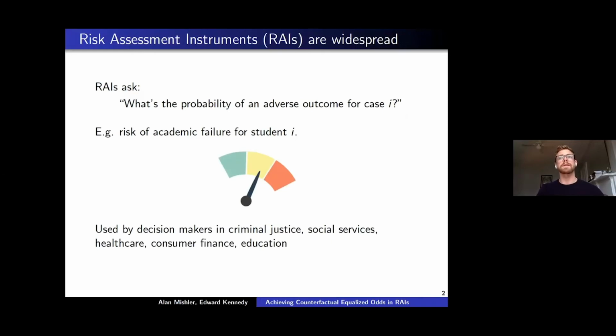So risk assessment instruments are ubiquitous. We've heard about some types of risk assessment instruments today. They ask: what's the probability of an adverse outcome for case i? For example, a school district might want to use a risk assessment instrument to assess students' risk of academic failure. Professor Ghani talked about estimating the risk of lead poisoning or adverse police events. These tools are used in all sorts of domains to help decision makers allocate resources and choose interventions designed to